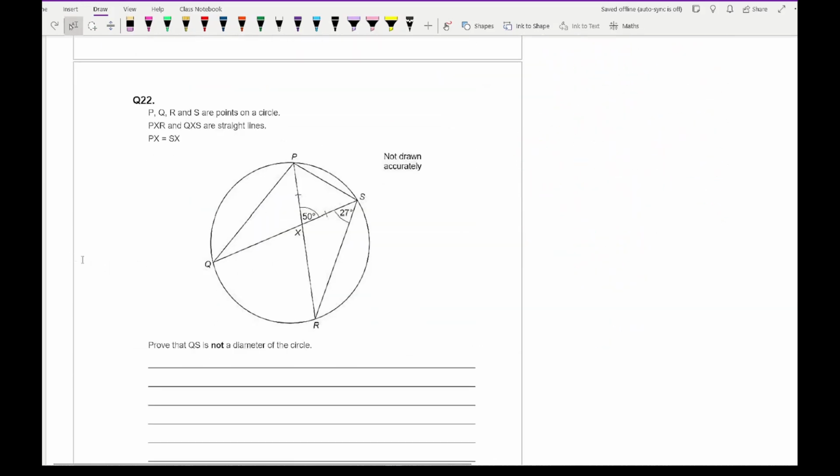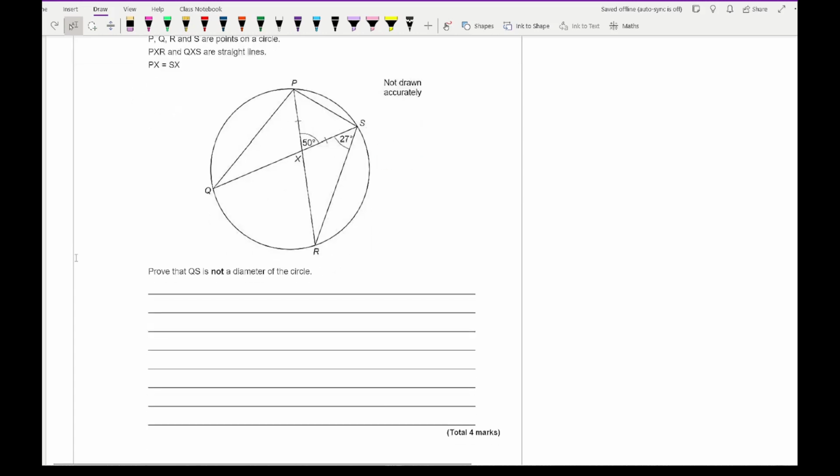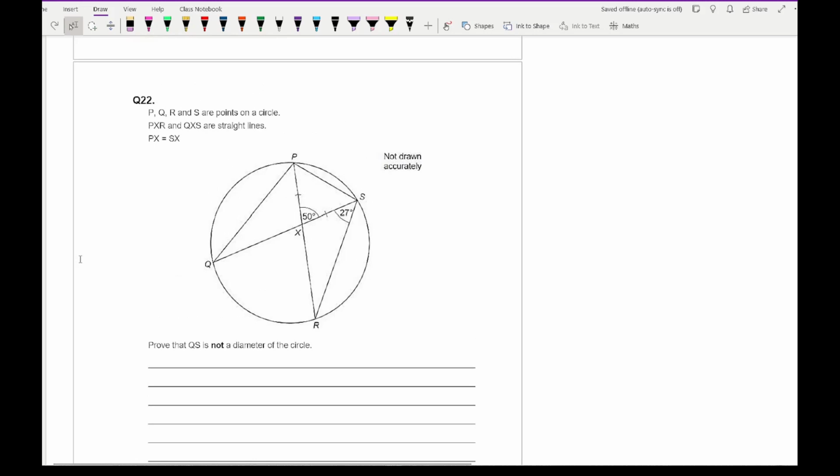Moving on to question 22, it says P, Q, R and S are points on a circle. P, X, R and Q, X, S are straight lines. PX equals SQ. And the question is asking us to prove that QS is not the diameter of the circle. So let's first of all think, if we're looking at circle theorems, if QS is the diameter,